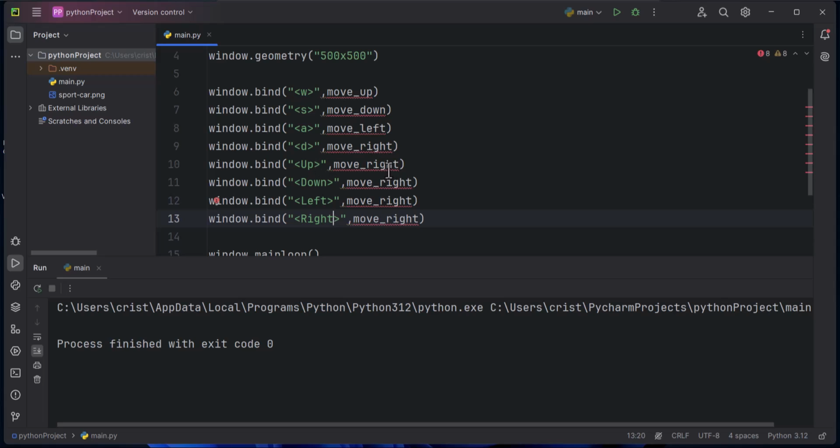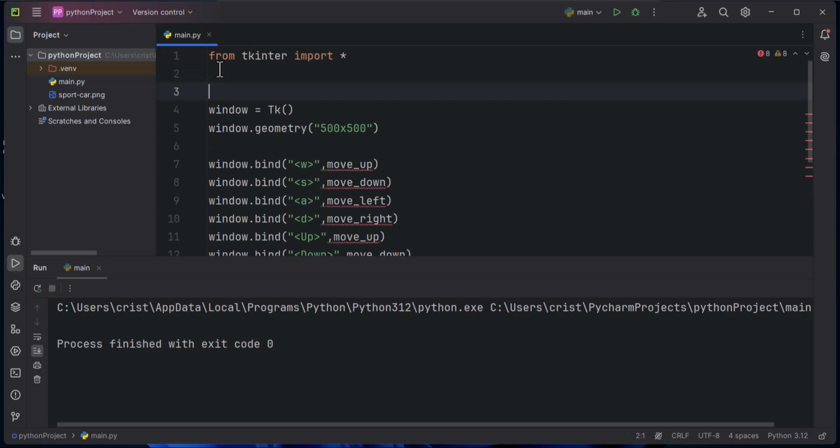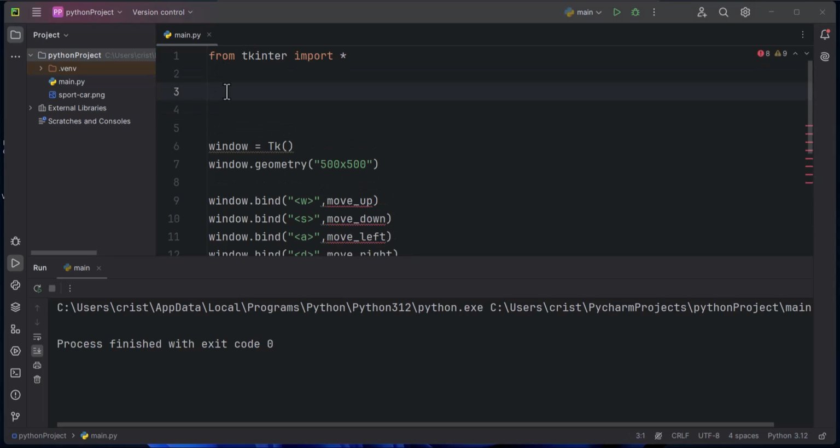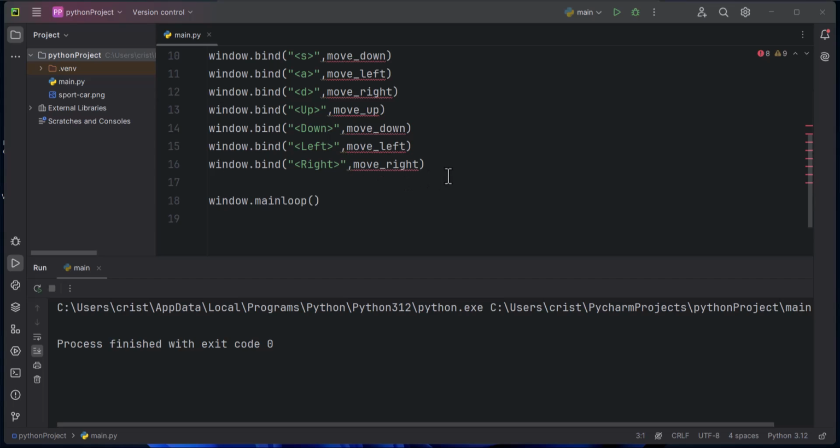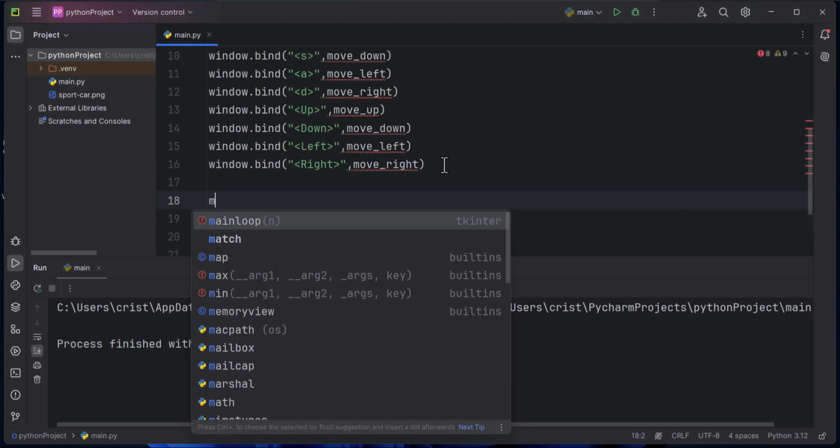So we have up, this should be move up, down, this should be move down, left, this should be move left, and right, this is gonna be move right. So let's define those functions above here, and I will go down here, and I will type my, let's call